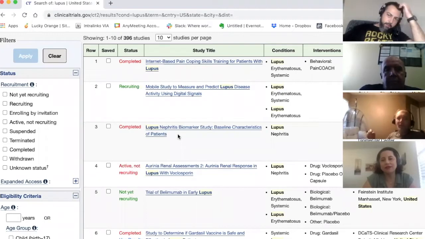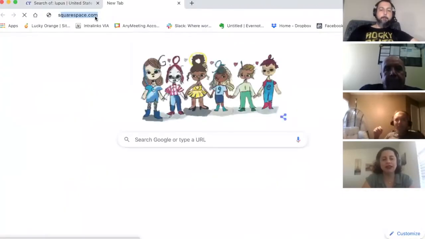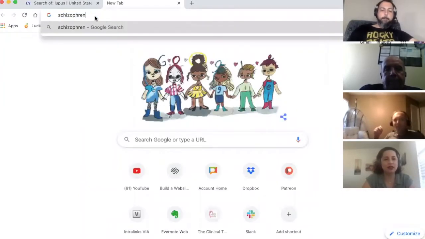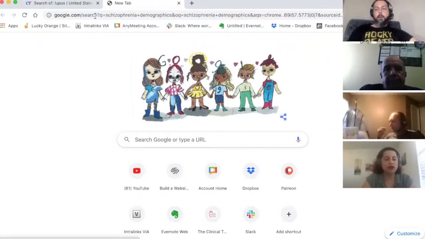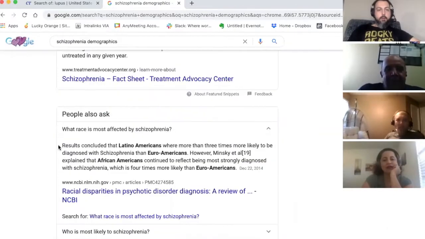I don't think that would be true for schizophrenia, though. I think schizophrenia affects everybody equally. We could look. I'm not sure. Schizophrenia demographics. I learned this trick from Monica. I think it probably affects everyone the same, but what happened is because there's a stigmatization with mental health conditions, especially in some communities,